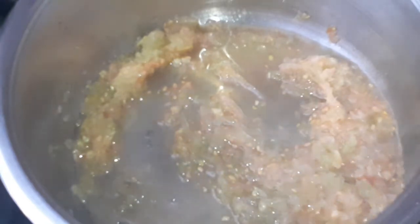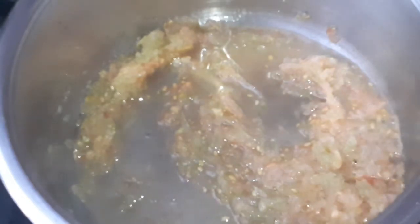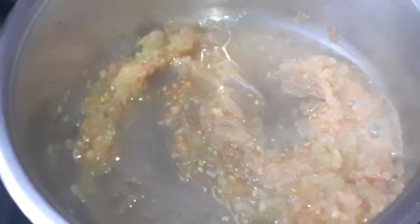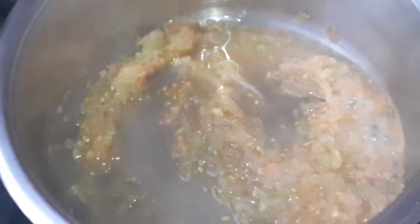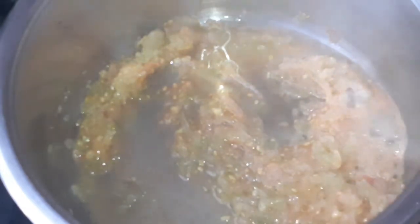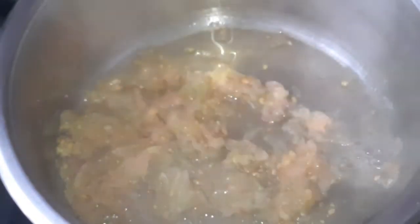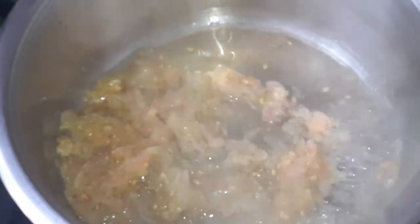If you do have the canned tomato sauce, you can use it, but unfortunately I do not have it. I am making my own, as I say. So I just want to cook up my tomato sauce. I do not add any oil, I just put it as it is, and I just cook the tomato for 2 minutes,